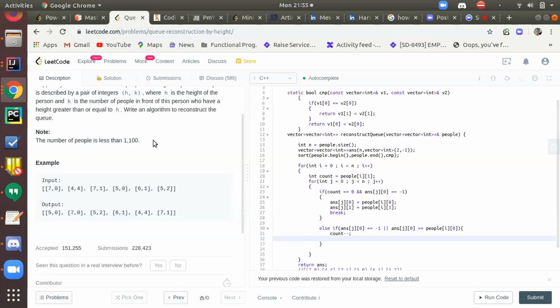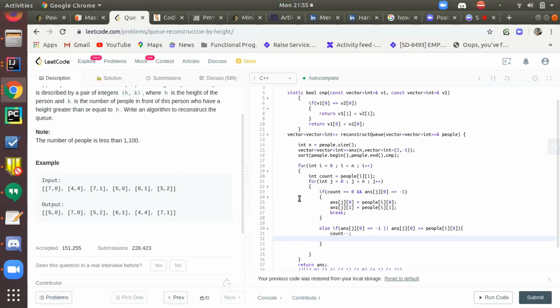I do have some sort of a brute force in my mind. I don't know whether that will work or where it will fail, but in terms of intuition, I had the same problem. I couldn't get the intuition. I tried a brute force, but it gave a TLE. Yeah, brute force definitely will get the TLE.